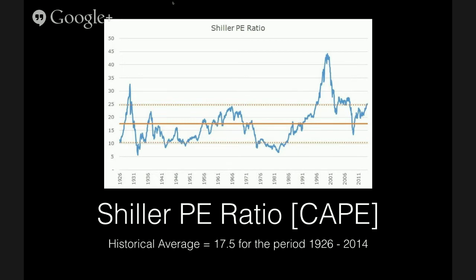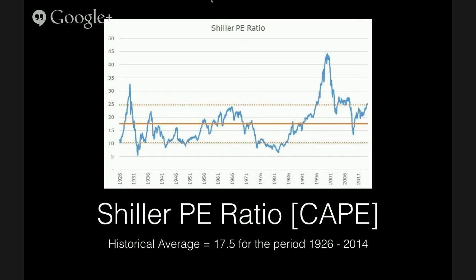For this current period from 1926 onwards to 2014, we have a 17.5. So any stocks above that 17.5 are considered overvalued. We have situations, say in 2001 at the peak, where we had almost a 45 level that coincided with the tech bubble, and therefore the stocks are considered overvalued. We have broken lines at about 25 and 10, maybe highlighting the relative peaks and bottoms, highlighting overvalued markets or